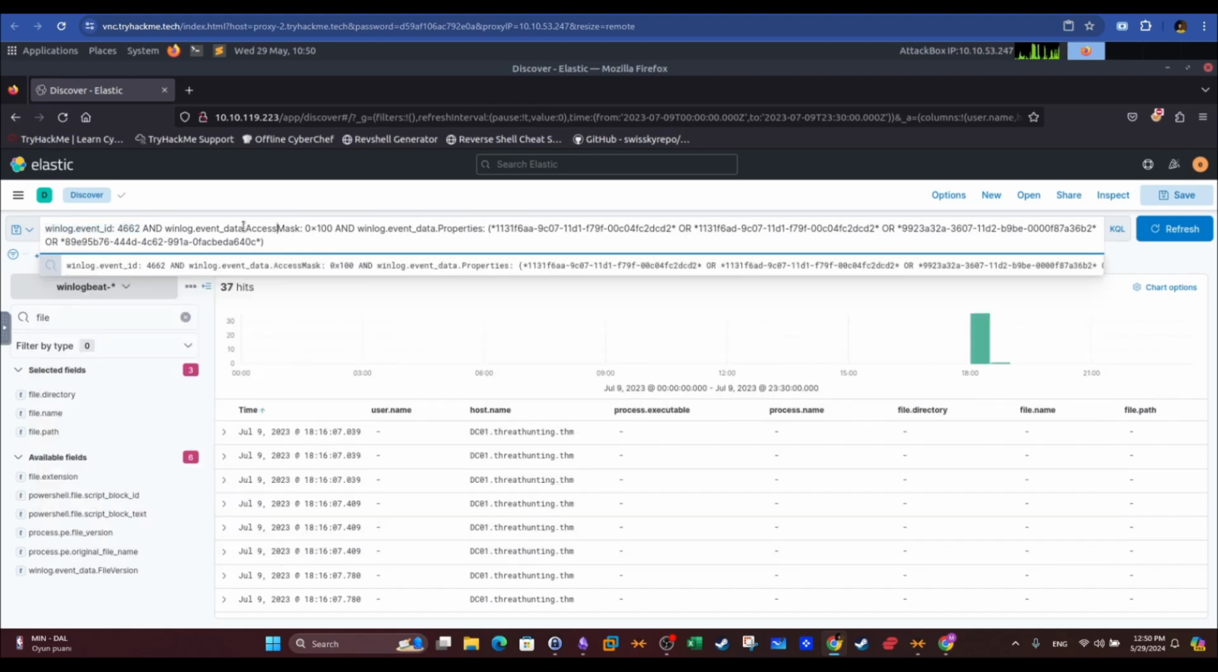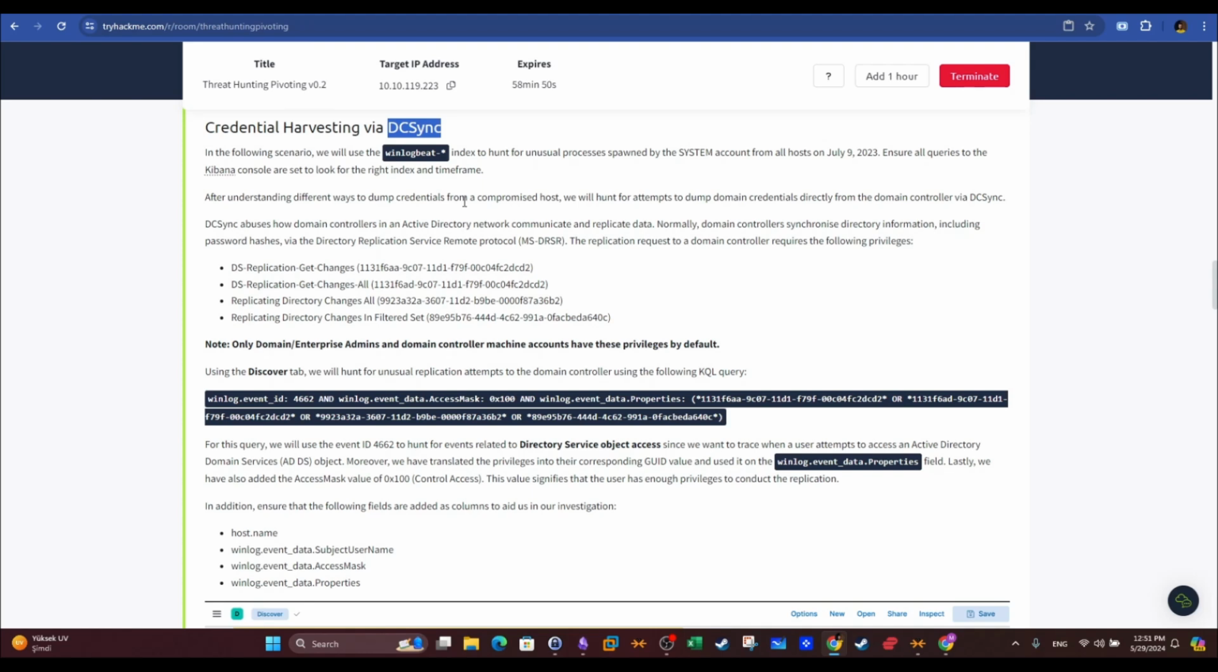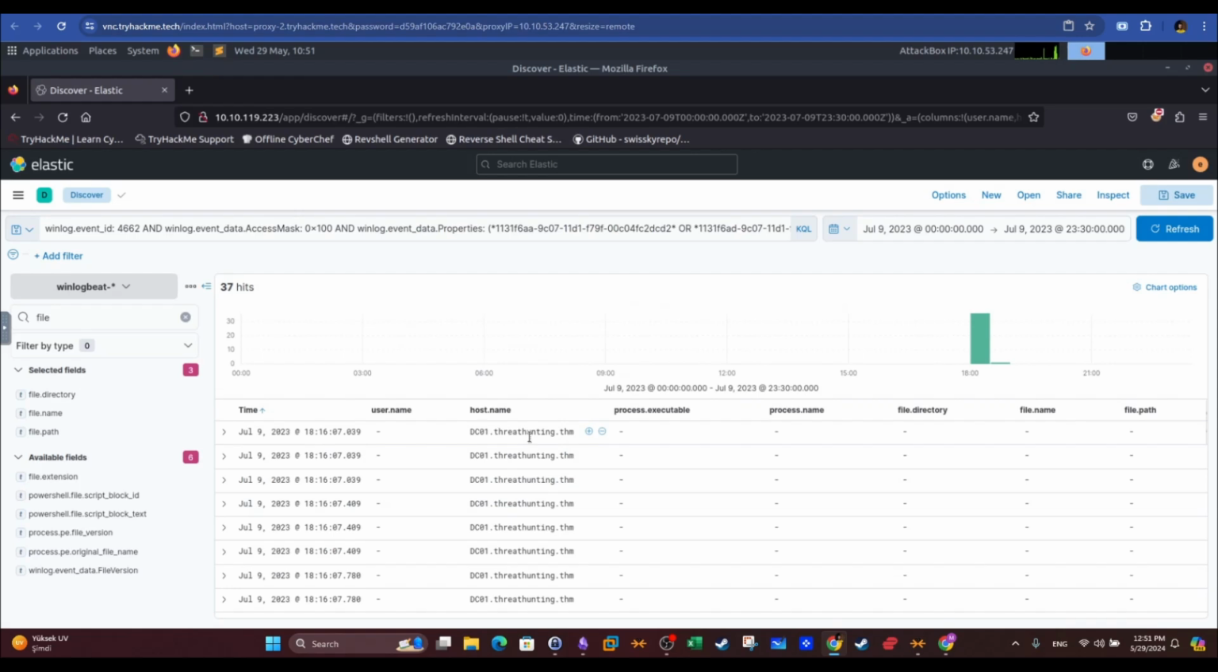As you can see, we have the access mask and the data properties. So why are these, by the way? Because these are the properties used by privileged accounts. A DC sync attack is successful when the changes are replicated by or using these IDs. If we detect them in the logs, okay,